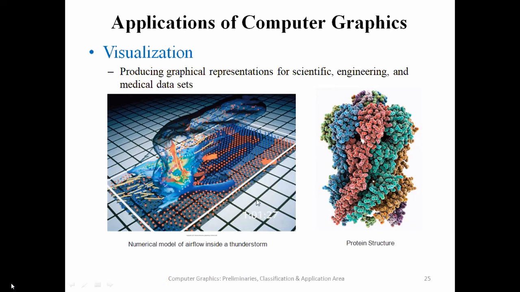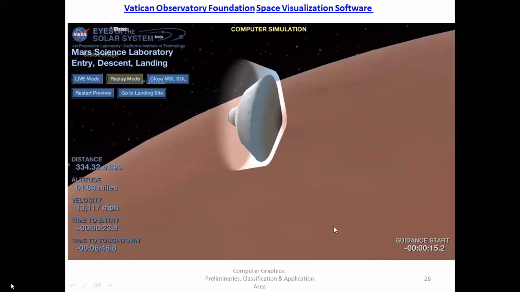The example, as we have seen, air flow inside a thunderstorm can be analyzed, or a protein structure. We discussed something about this one. This is also a very good example of the visualization software. Why it is a good example? Because